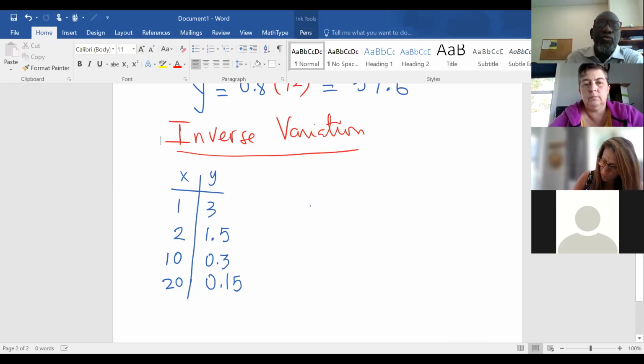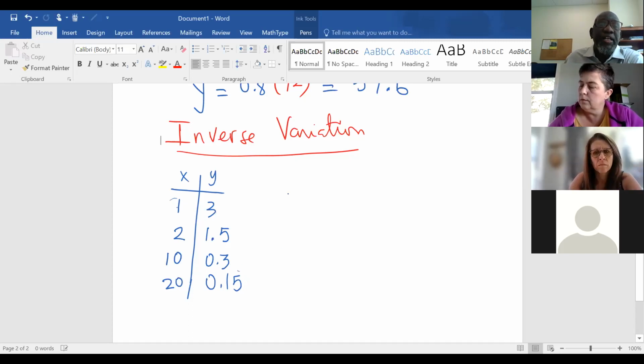Look right here. Y equals what? When you look at this, what happens when you multiply them? When you multiply each one, now it's not the division. What is 1 times 3? It's 3, right? What is 2 times 1.5? Also 3. You can take your calculator. What is 10 times 0.3? It's 3, right? What is 20 times 0.15? Also 3. In this case now, it's not the division that is a constant number, it's a multiplication that